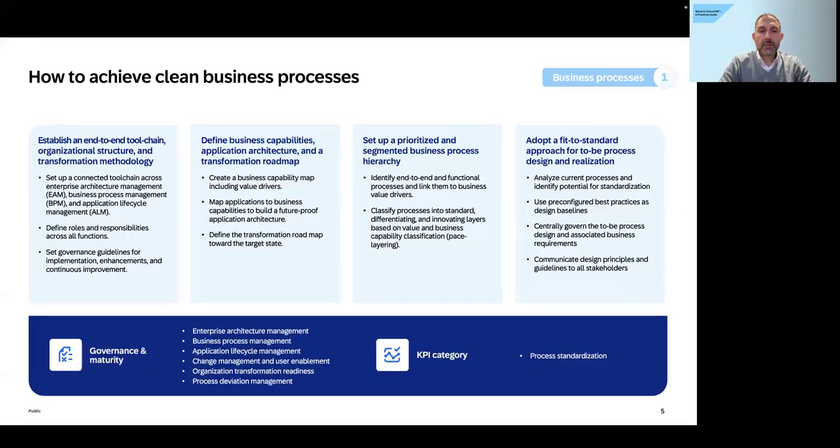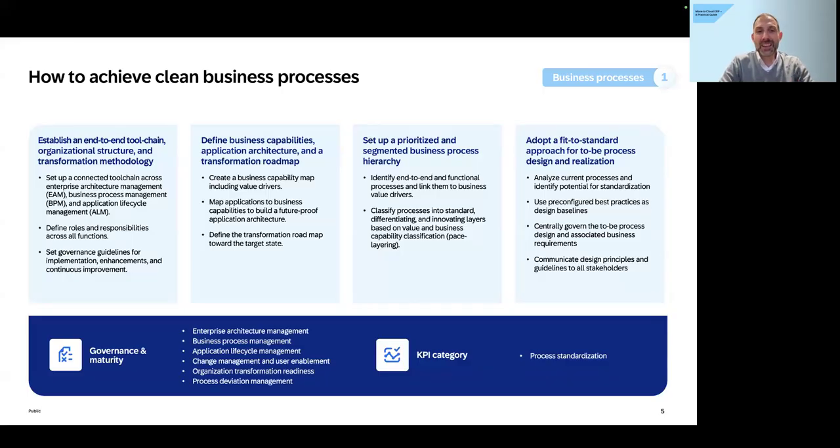Equally important, as with probably anything in life, is not to have just a tool, but to have the organization to ensure that you have people empowered to use those tools as parts of the tool chain, and that you have them across all of the functions, in the sense of having enterprise architecture, and having business process owners, local ones, global ones, for example. And you need to have, I would almost want to say, strict